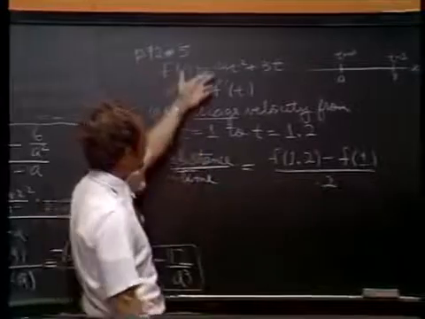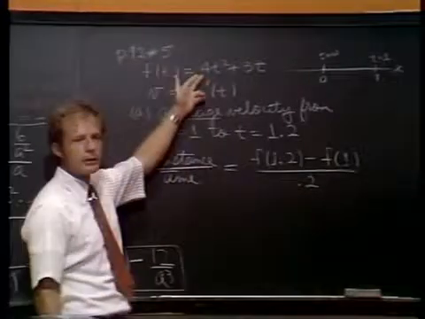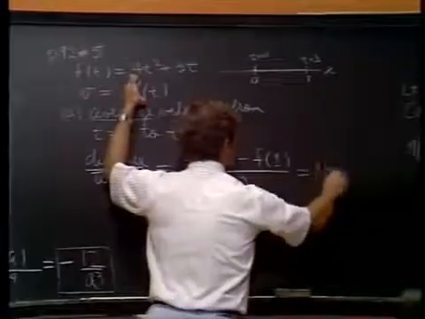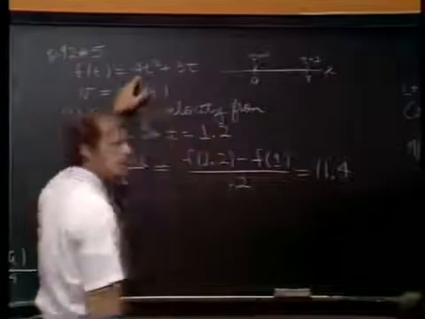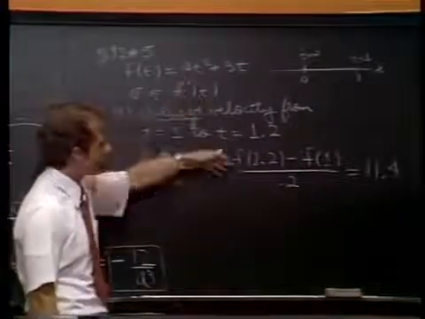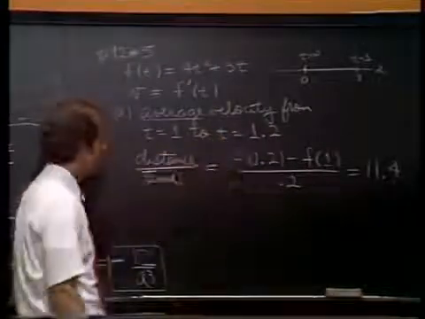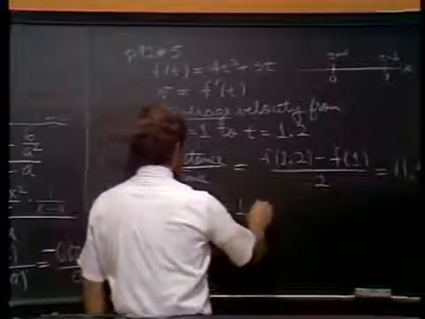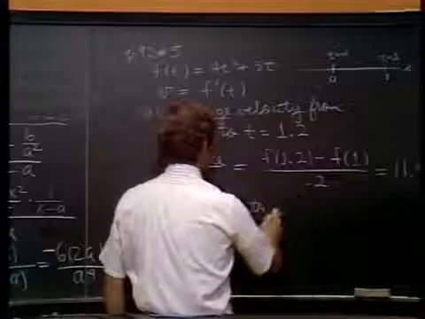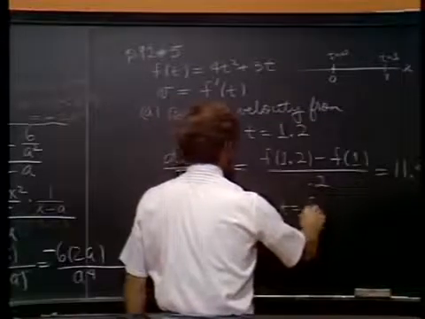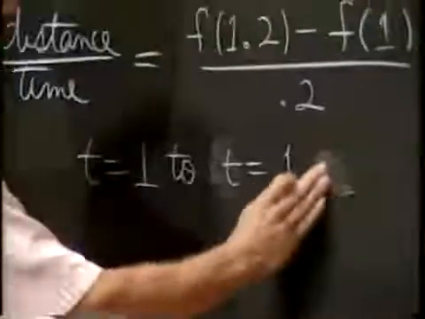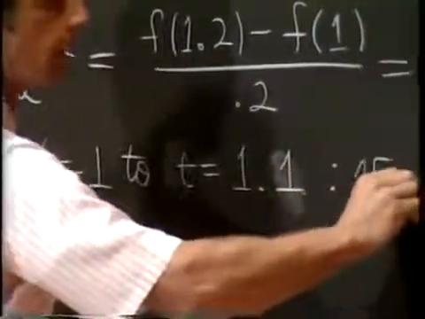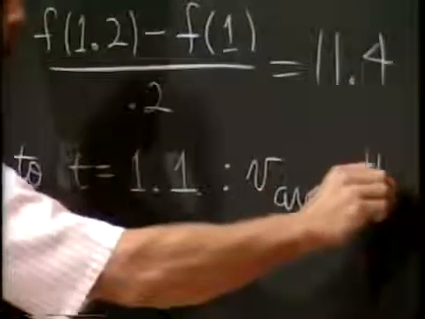Now in this particular case, it's a matter of plugging in. In fact, I would prefer not to do it. We did it in the other section. I believe I got someone to agree that it was 11.4. I'll just leave the computations to you. It's a matter of putting the numbers in and working it out. And I think if we did it from t equals 1 to t equals 1.1, the average velocity, let's call it v sub avg, was 11 point